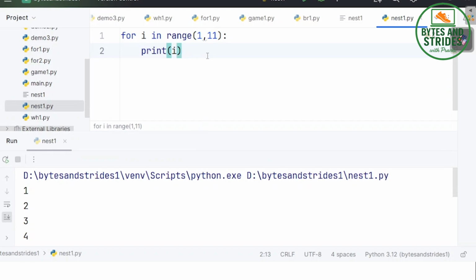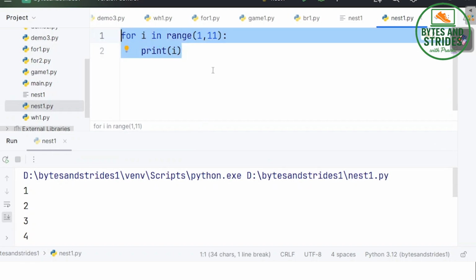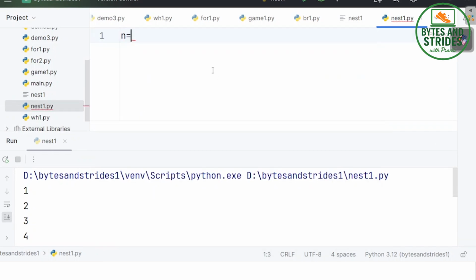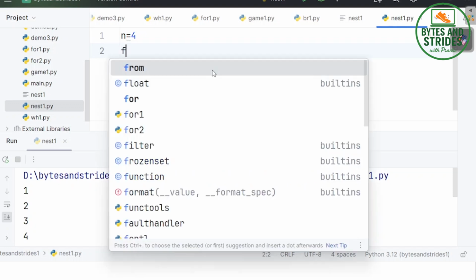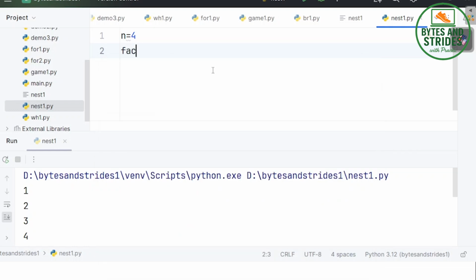So, what will be the code for that? Say I have a number n, which is 4, and I want to print the factorial of this number. How am I going to do that? Factorial is 4 into 3 into 2 into 1, or 1 into 2 into 3 into 4. Say I store my factorial in a variable called fact, which I initialize to 1.